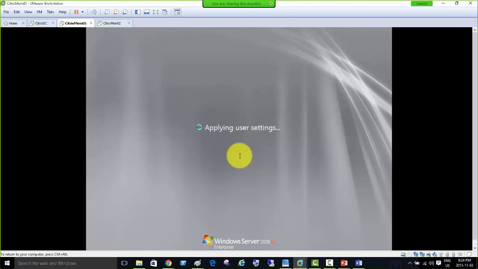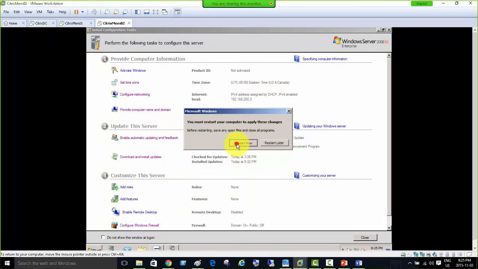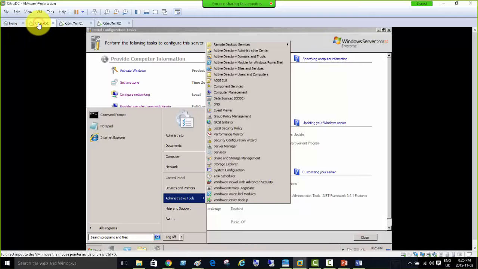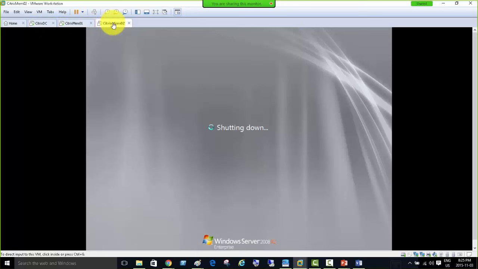Okay, now I'm logging into the domain. If you miss that and log in locally, your ZenApp installation will be giving you a lot of errors. Okay, press OK, restart the third machine, and so DC is okay, mem is okay, and mem1 is okay, mem2